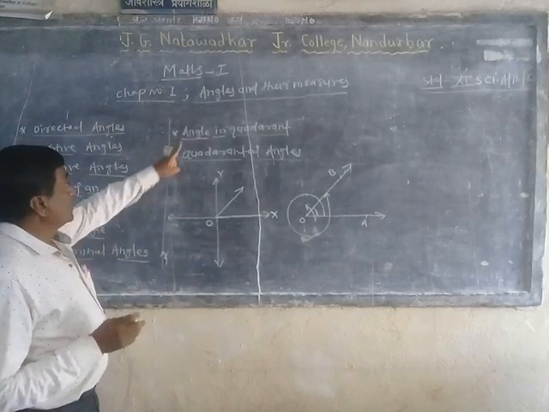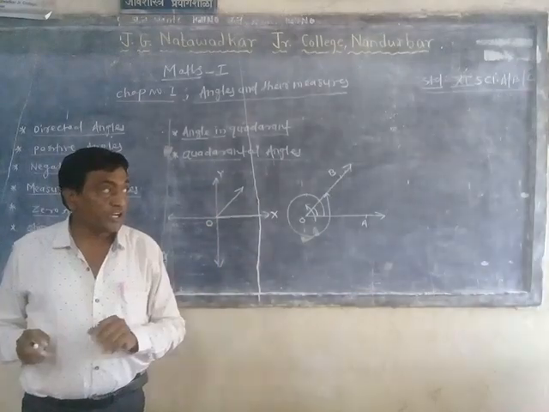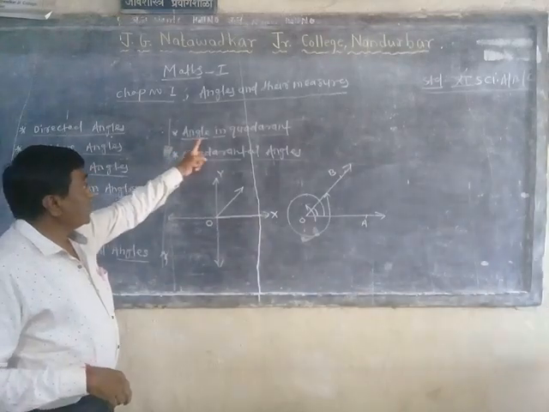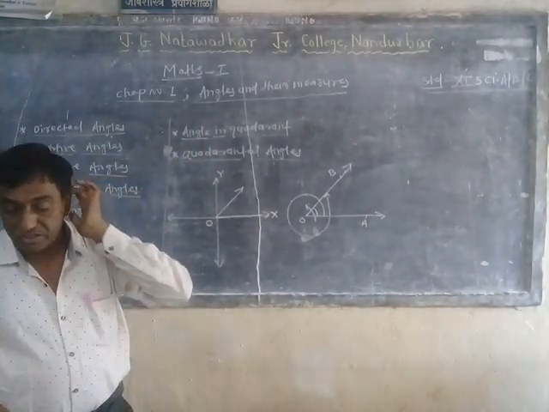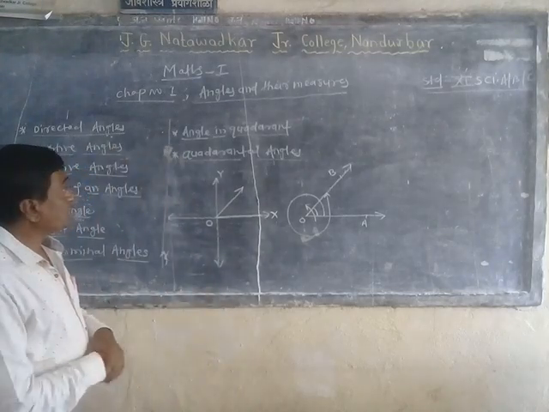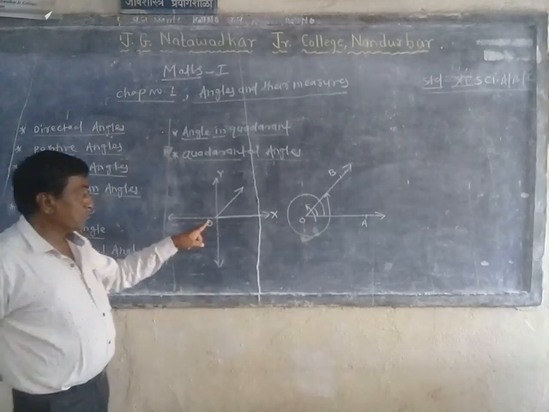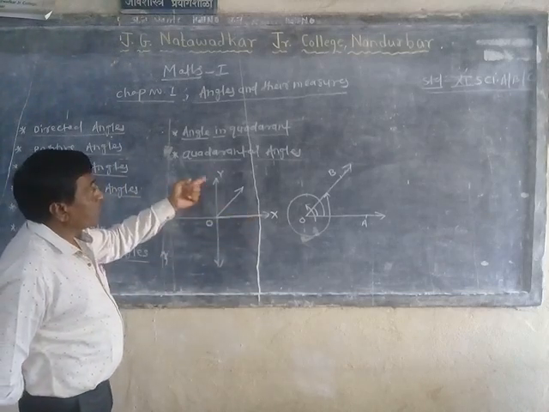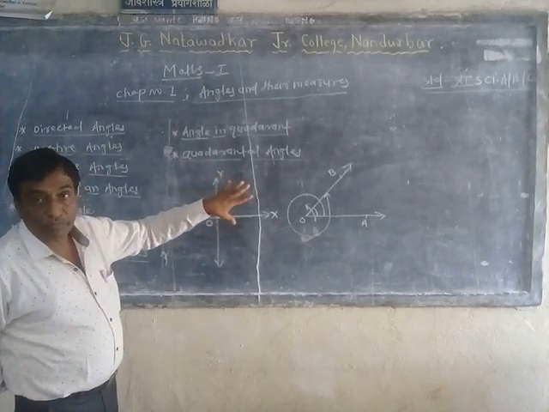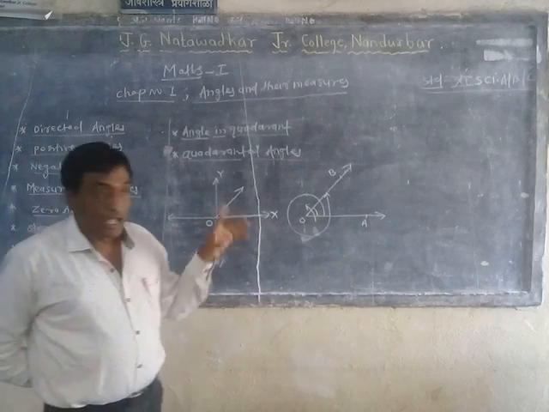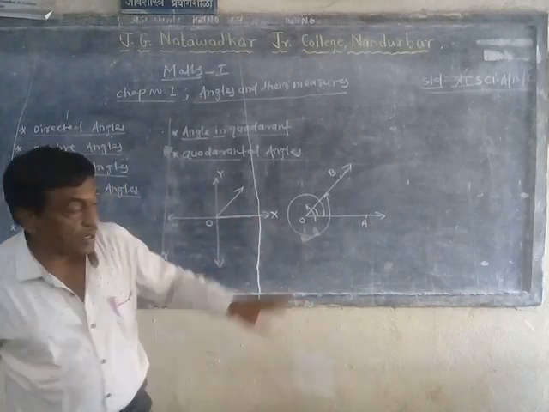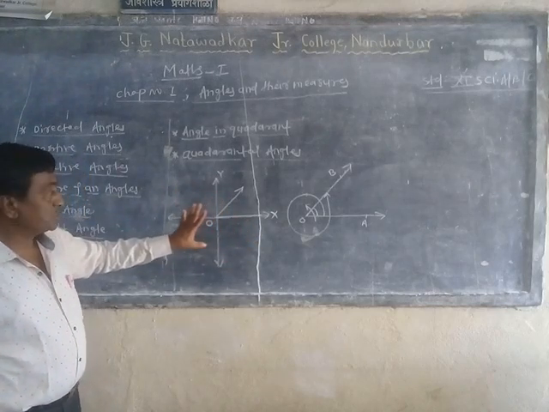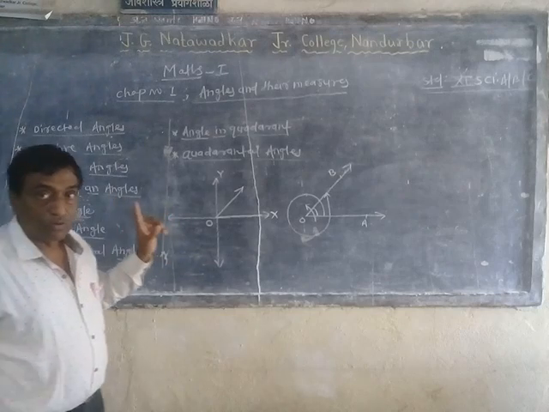Okay. Now after this, the angle in the quadrant. Angle in the quadrant requires the standard position angle. Suppose this is the standard position angle, and whether it is an angle in the quadrant depends upon the condition of its terminal arm. So which angle is said to be an angle in the quadrant? Those angles whose vertex is at the origin, whose initial arm is along the positive x-axis, and whose terminal arm lies in a quadrant only. Such angles are known as angles in the quadrant. It may lie in the first, second, third or fourth quadrant, anywhere; that is the position of the terminal arm. But its initial arm and vertex are fixed as before.